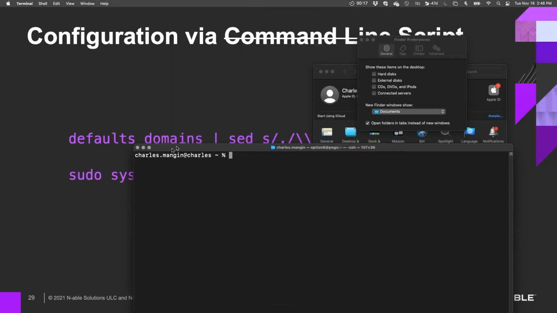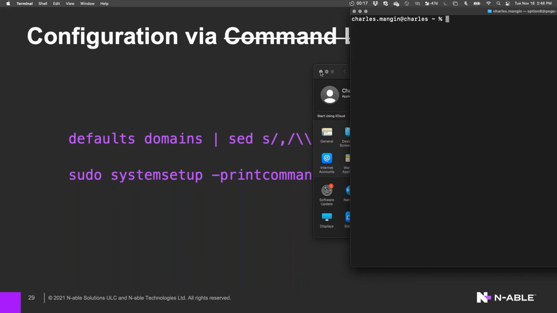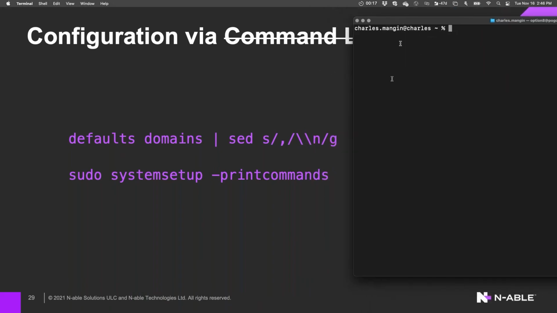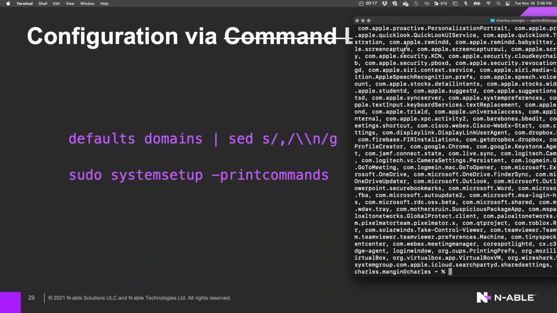So one of the things that you can see, let's see here, I'll just make that so you can actually read the script. Defaults has dictionaries that are based on the reverse DNS nomenclature. So defaults domains will show you things like com.apple and then a variety of things, or com.logmein. So it's like the reverse domain name